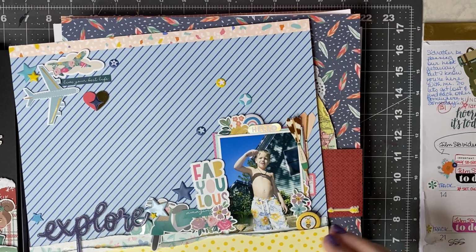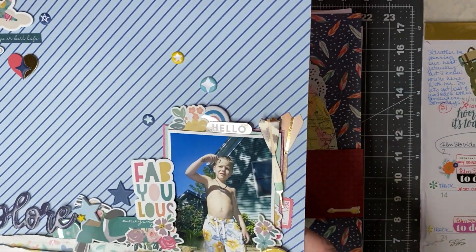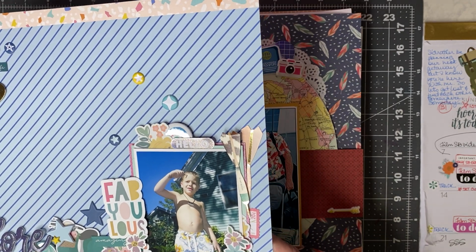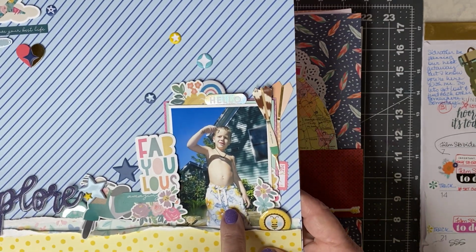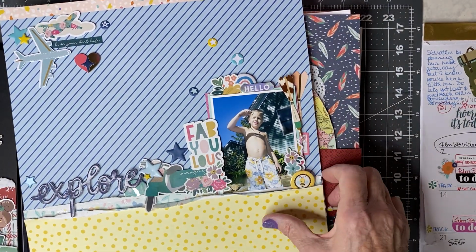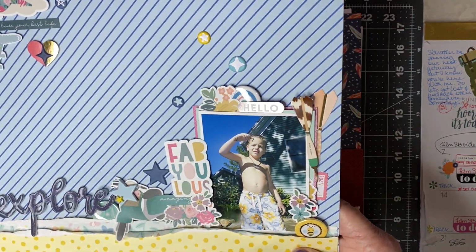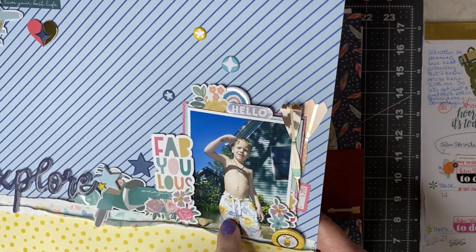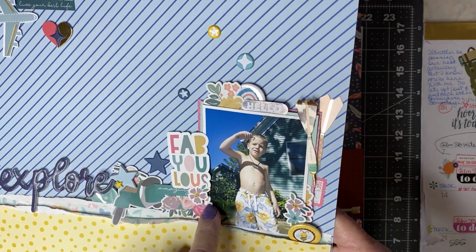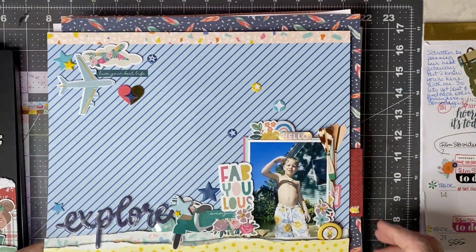So my challenge for this particular week was to do a boy page. And I found a picture of Barrett where he's wearing floral swim trunks, so I figured that the florals wouldn't look out of place there, but then I picked up on the blue and yellow colors in his suit while adding in some of the pinks and teals. So this used up quite a lot